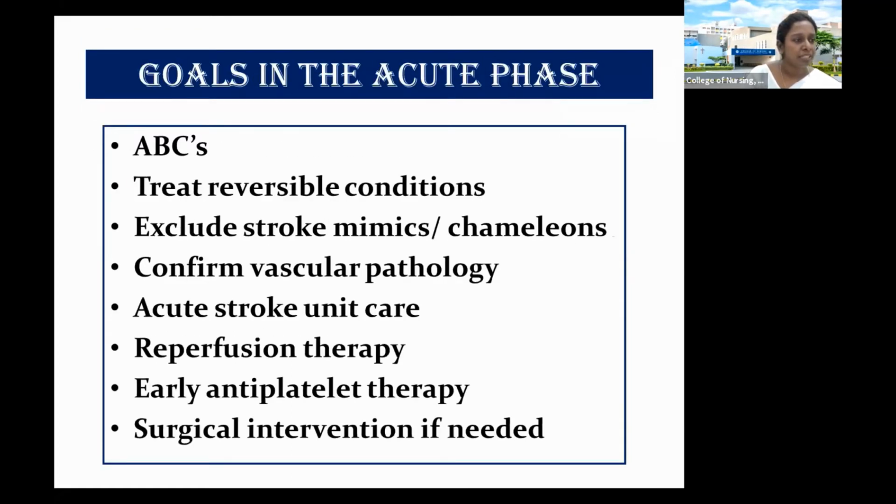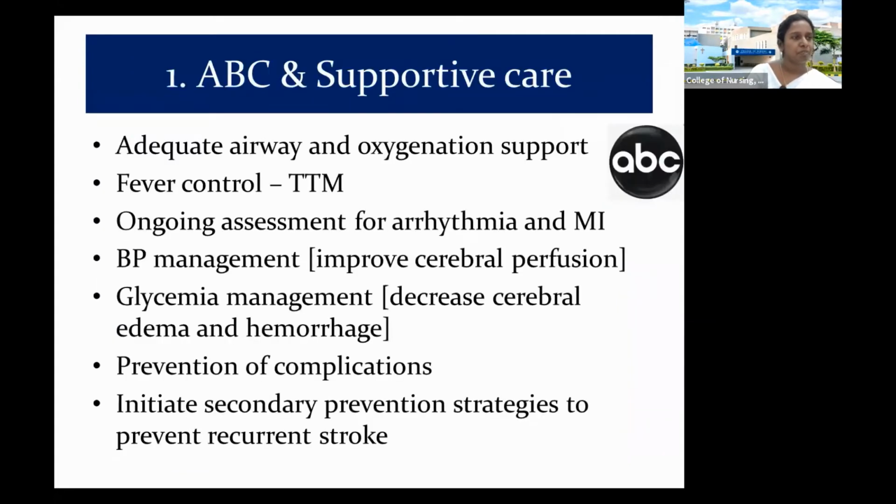I'm going to talk on these 8 headings. These are the things that I'm going to concentrate on in this session. The first is how do we manage ABCs? The second one is to treat reversible conditions. The third one is exclude stroke mimics or chameleons, what we learned yesterday. The fourth one is confirm vascular pathology. The fifth one being acute stroke unit care and what we do as part of reperfusion therapy. The seventh one is early antiplatelet therapy and surgical intervention. Sorry,